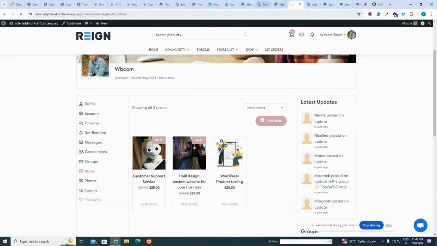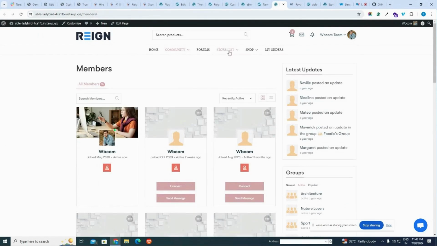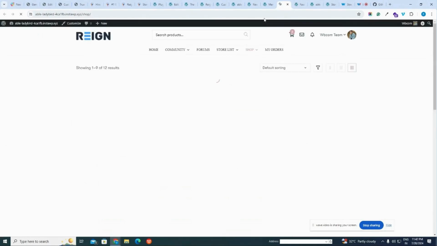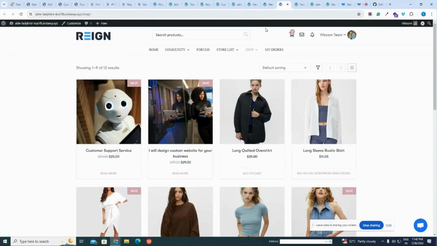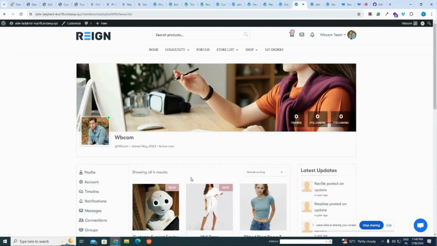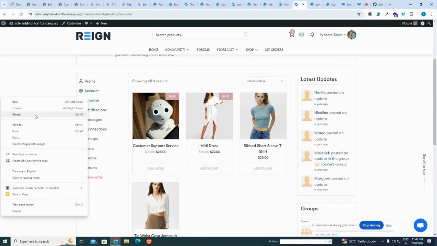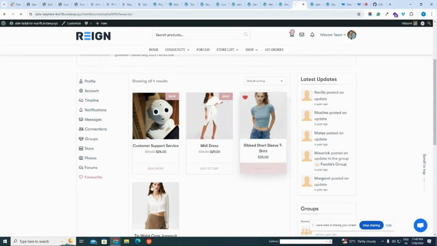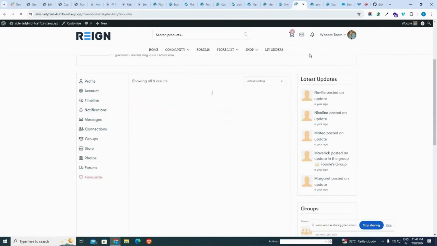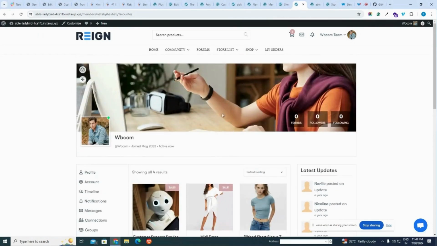Next, if you have marked any product as favorite from the shop page or from the single product page, there's an option to mark the product as favorite. You just have to hit the heart icon, and once it is marked as favorite, you can see this product on your wish list. So these are some products the currently logged in user has marked as favorite, and I can see them on his profile.